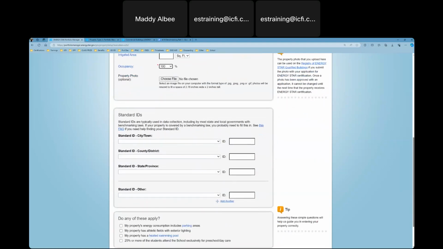Okay, so if we scroll down, we see a field for standard IDs. And this is a crucial step which is used by most state and local governments with benchmarking laws to help identify buildings that need to report their data. So it's likely that you will need to fill in this field if you're reporting your data for compliance. We do have an FAQ that's linked to help you find your standard ID, but we cannot directly give it